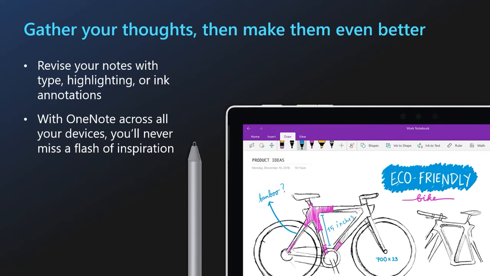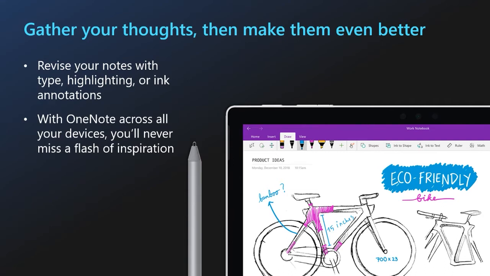Personally, this is how I survived Calc 2 in college, just a couple of years back, and it is a tool that I could not imagine going through my educational experience without. So OneNote has a lot of tools that we can use to just make even the learning experience a lot better.